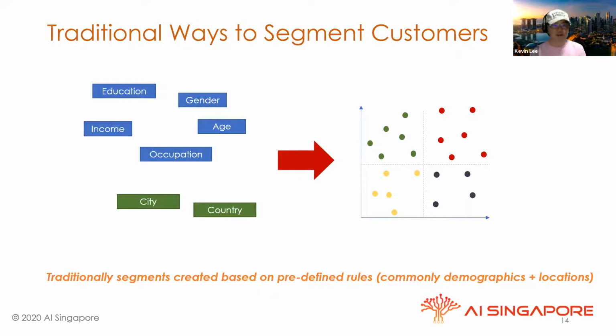Let me give you an example. If you segment your customers into high income, mid income, low income, a high income person could be a 30-year-old person who has just IPO'd his startup, or it can be a 70-year-old retiree. I guess the preferences for products for these two persons will be very different. So you will start to add in age, you add in occupation and stuff like that. So that's how we did it in the past.